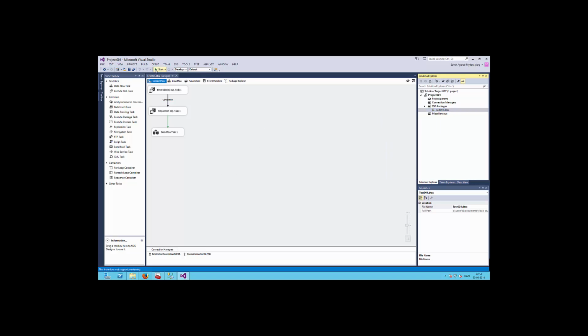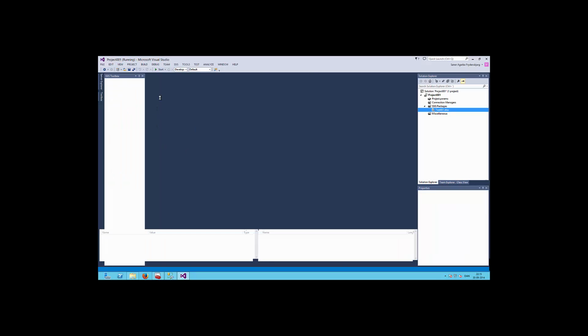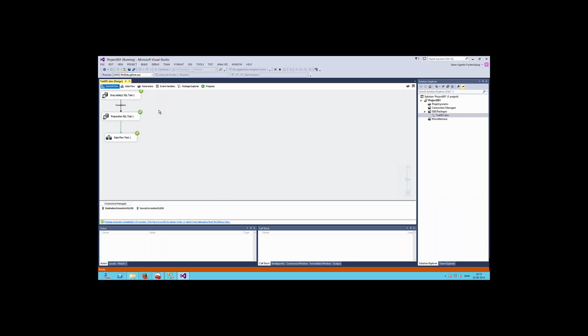You can click on the start button. You can go to the debug menu where you can start debugging. You can also see that it is F5, or you can start without debugging, that is Control F5. So you have plenty of opportunities to run a package. I right click and I execute it. Don't think about what's over here now. So what you can see is that they all succeeded.